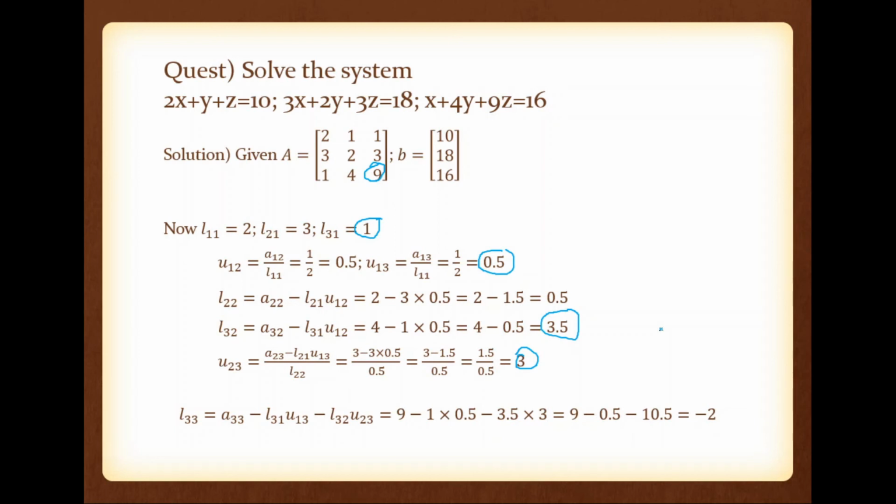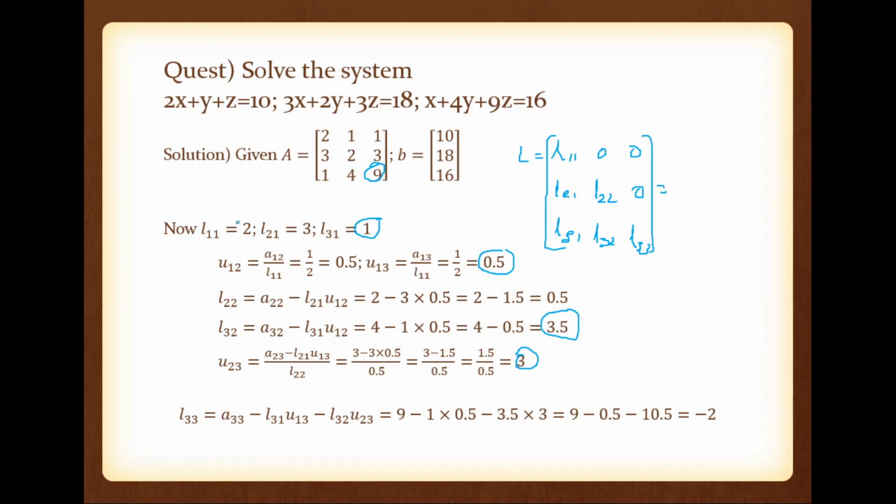So now the elements of L and U are ready. Okay. So now we can do our substitution. So from this you can write L and U. What is L? L is equal to L11, 0, 0, L21, L22, 0, L31, L32, L33. Okay. So that is equal to,